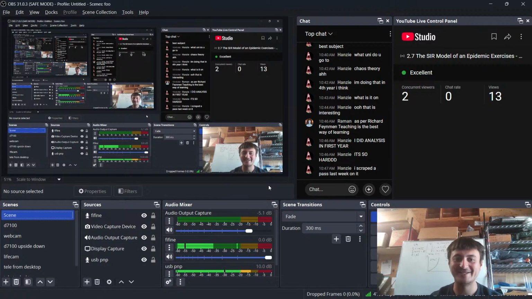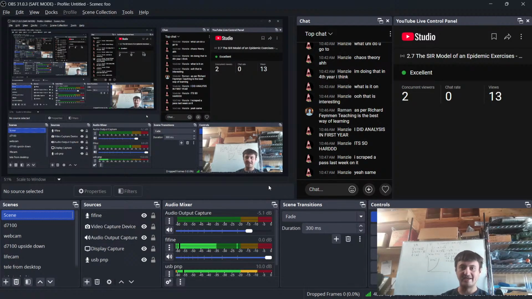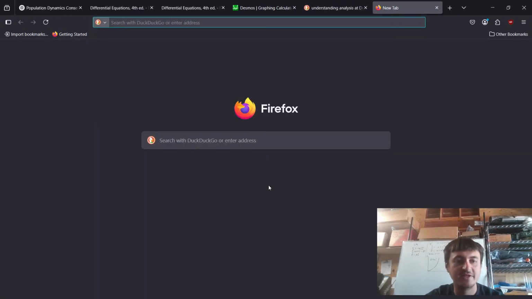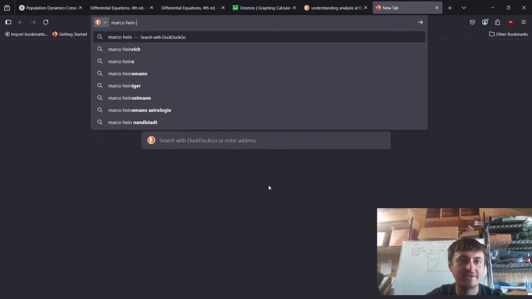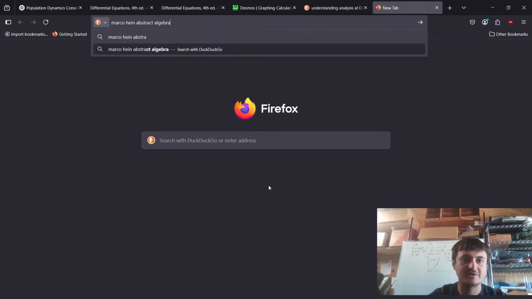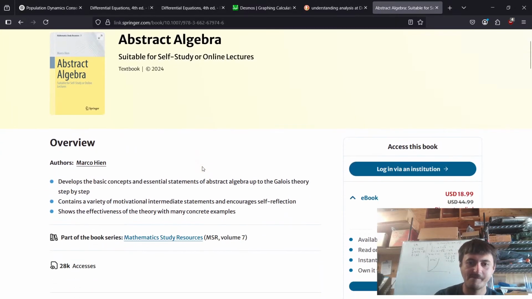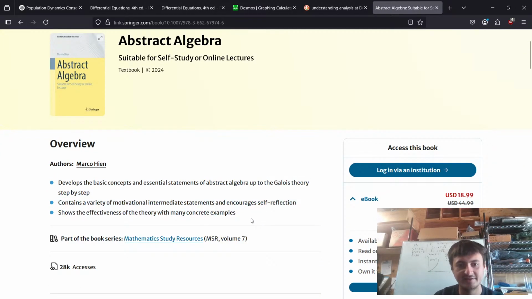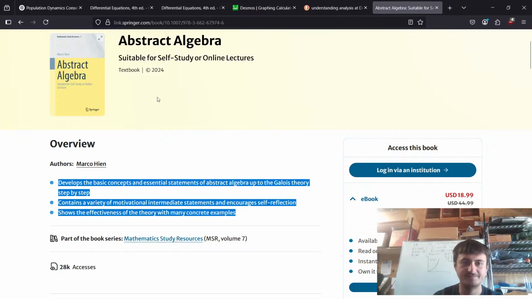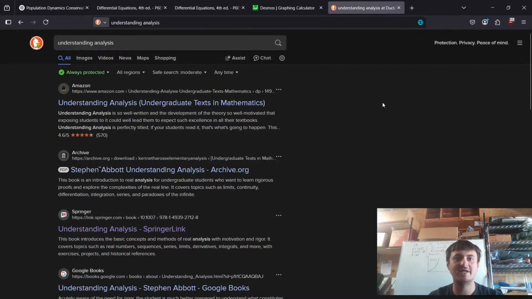Oh, nice. Well, good job, man. And then, let's see, what other books did I want to do? Yeah, okay, I guess there's this one. This is the abstract algebra one. Marco Hein, Abstract Algebra. I think I'm going to do this one. Get into some Galois theory, stuff like that. I've always been more of an algebra guy than